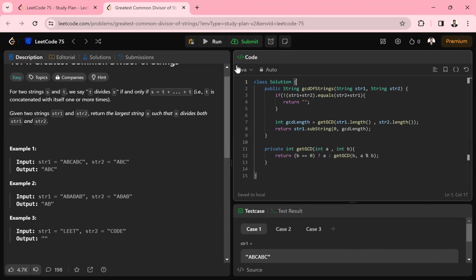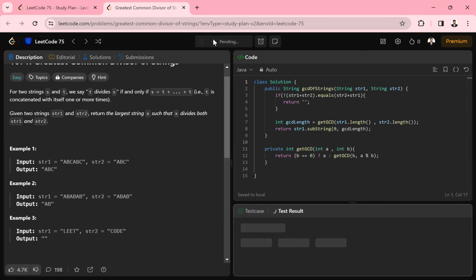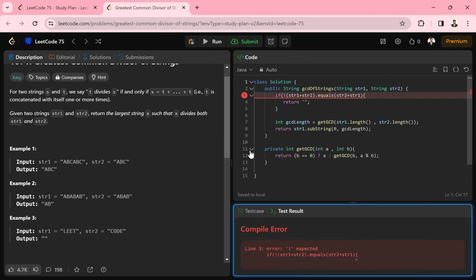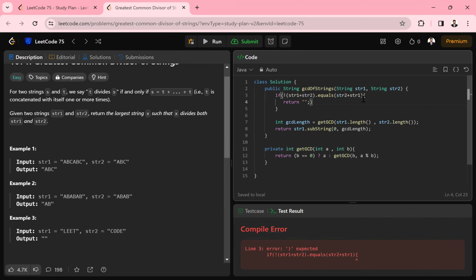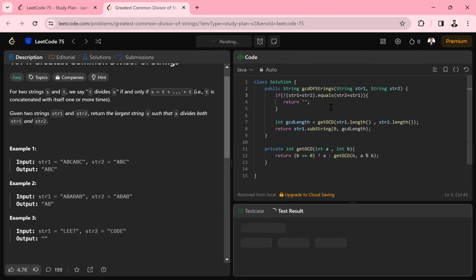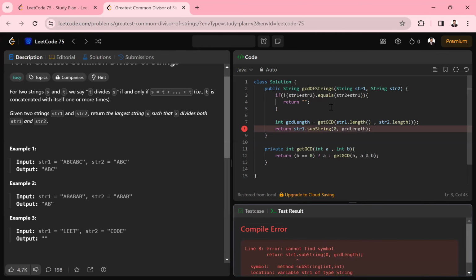So let's run this program. Oh sorry, I forgot to close this bracket here. Again giving an error. Why did we get this error?